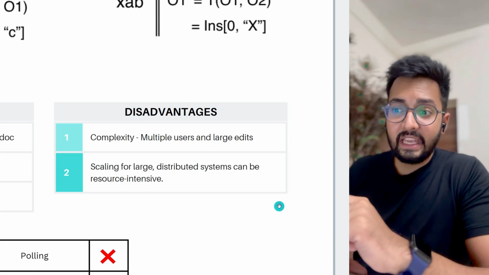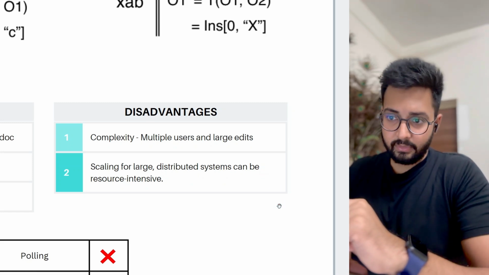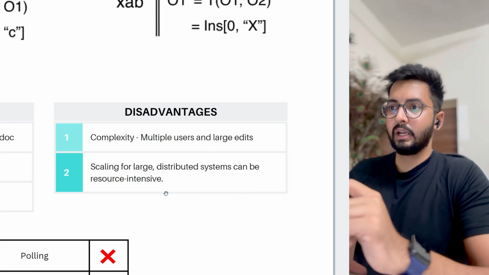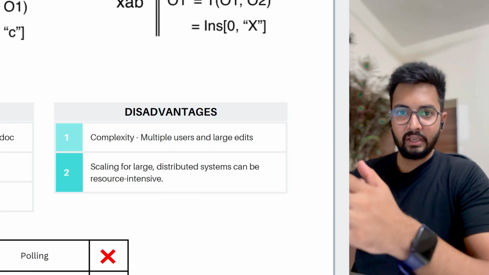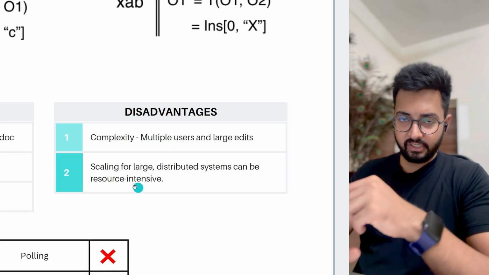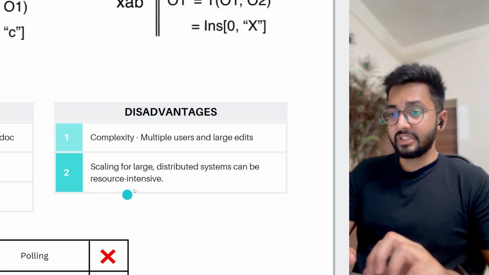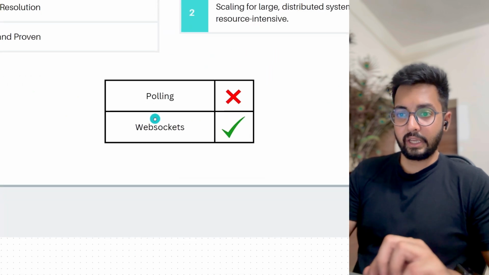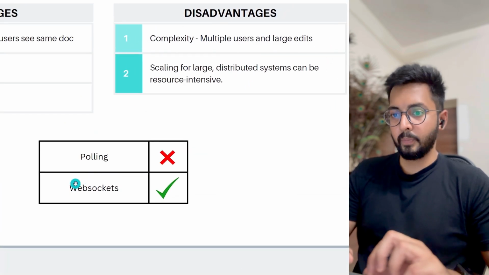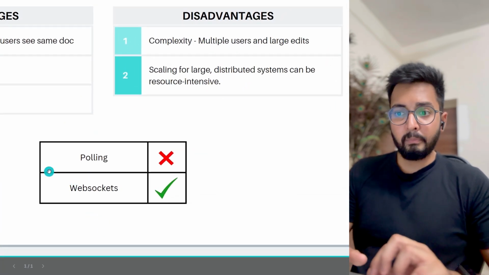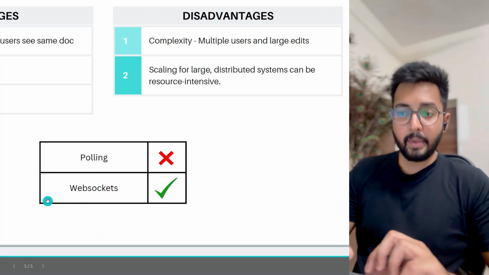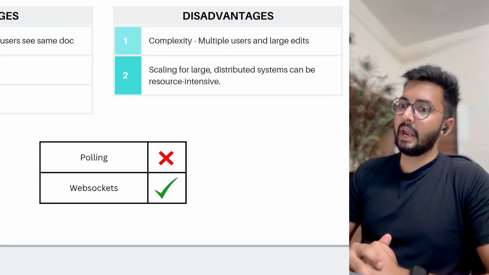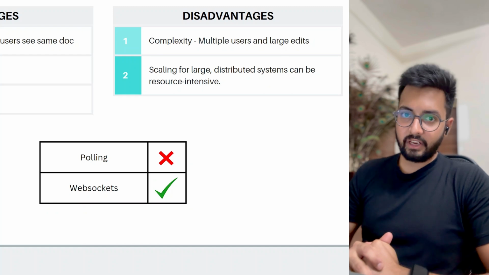The second one is scaling for large distributed systems can be resource intensive. So this is a disadvantage, but anyhow it is better than locking and differential synchronization. So considering this second disadvantage, let us see what techniques are used to handle that. So polling is not used here. WebSockets are used because of course you want real-time communication, and WebSockets provide real-time bidirectional communication